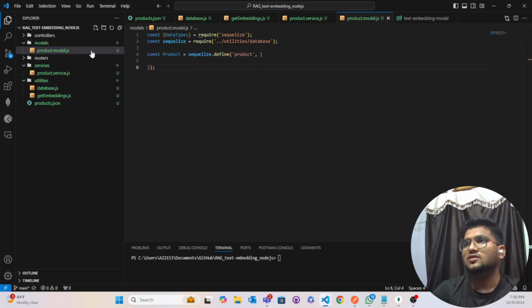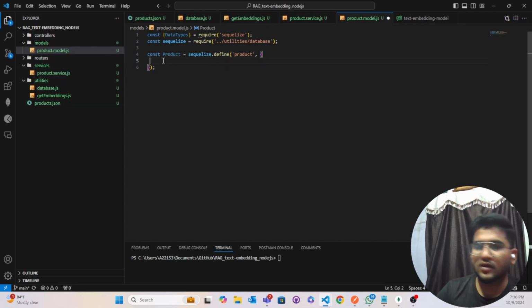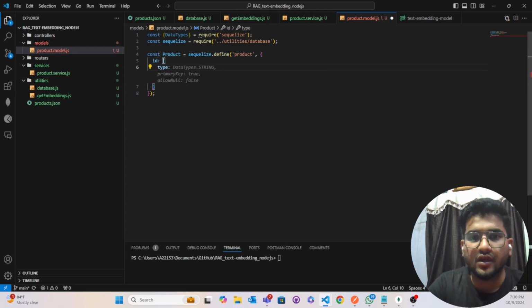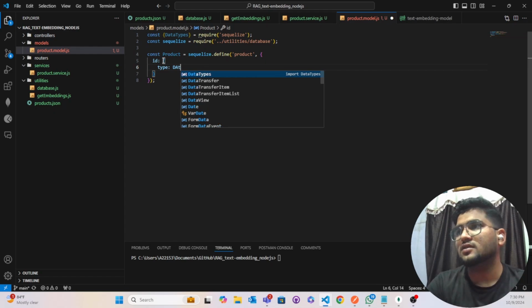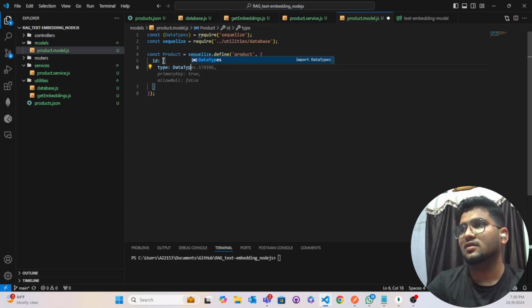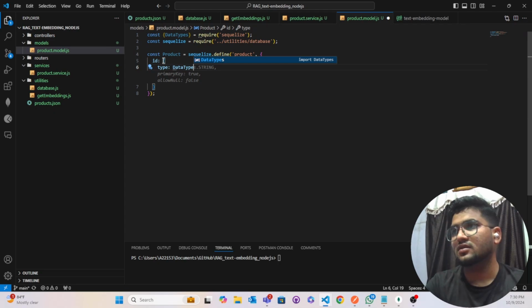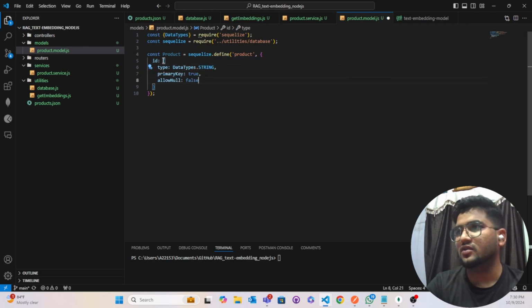So first field I want to define is id, and it will be of type string. Let's take string only, and after that,